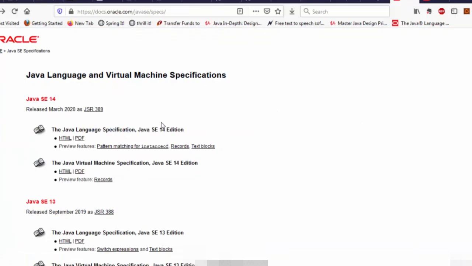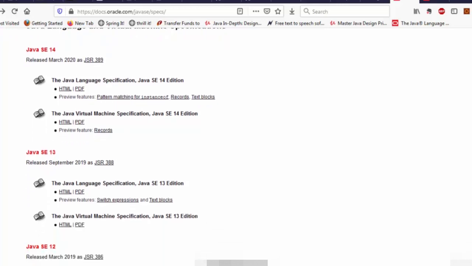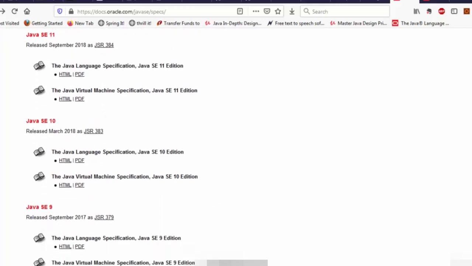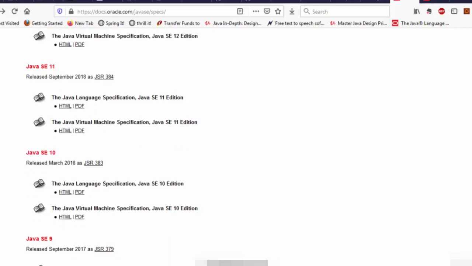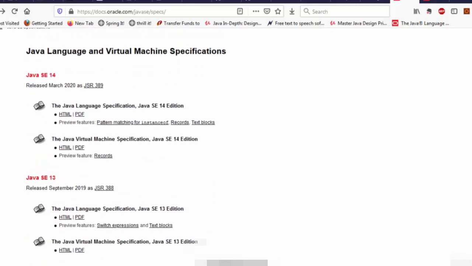When a change happens to the Java language, then the compiler also has to be updated, so they need to make a lot of changes there. A Java language change could be something like, for instance, in Java 8, they introduced lambda expressions. That's a change in the language, so the compiler also has to be updated, and some relevant API changes also had to be made.